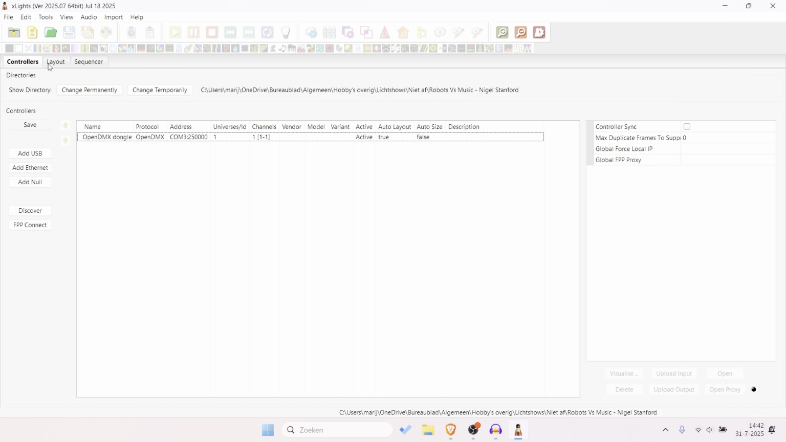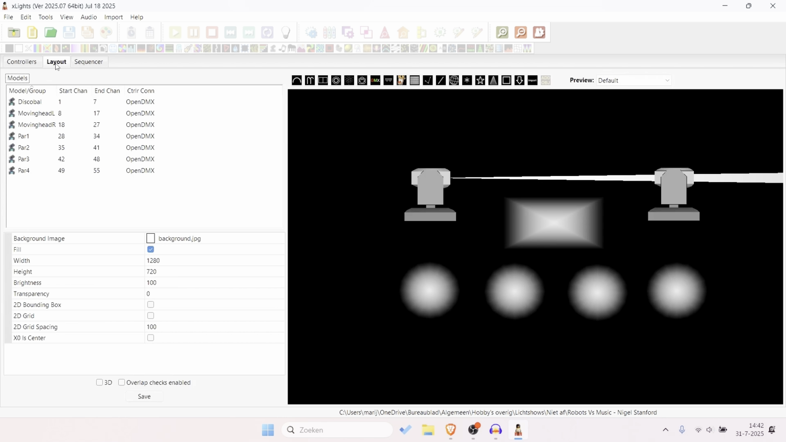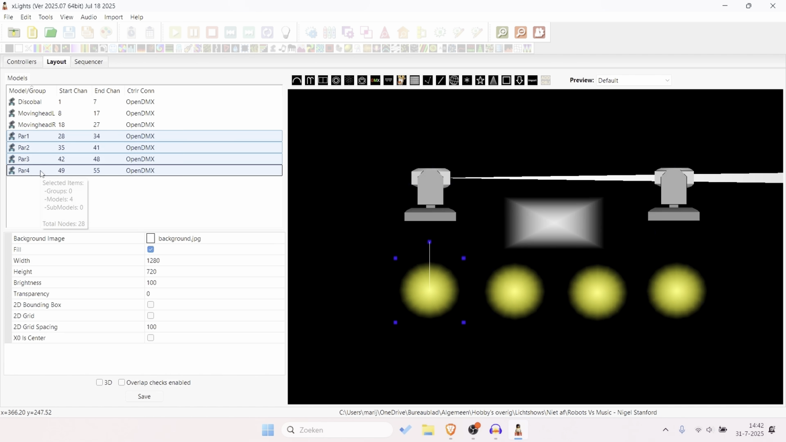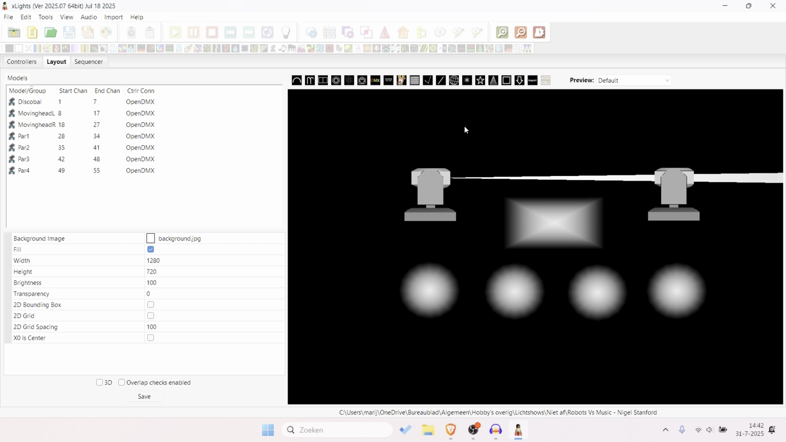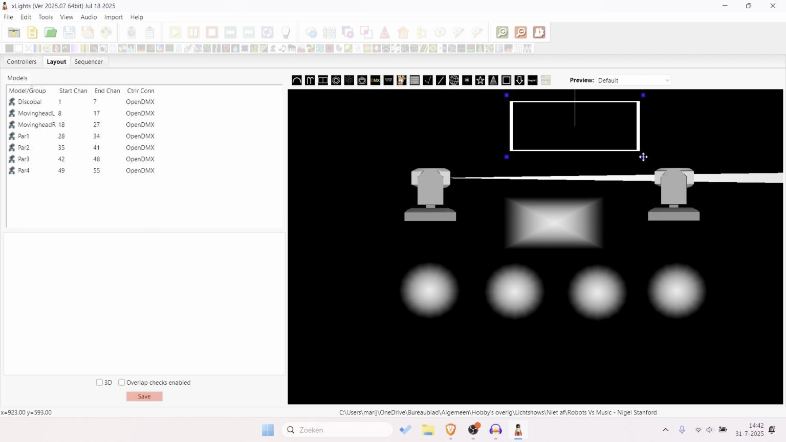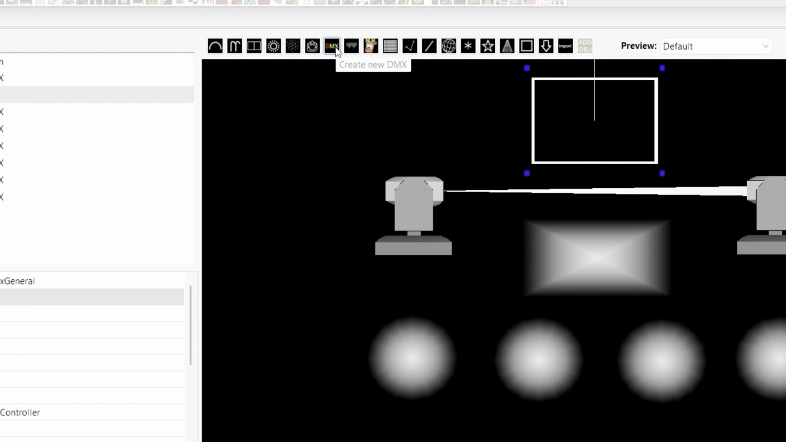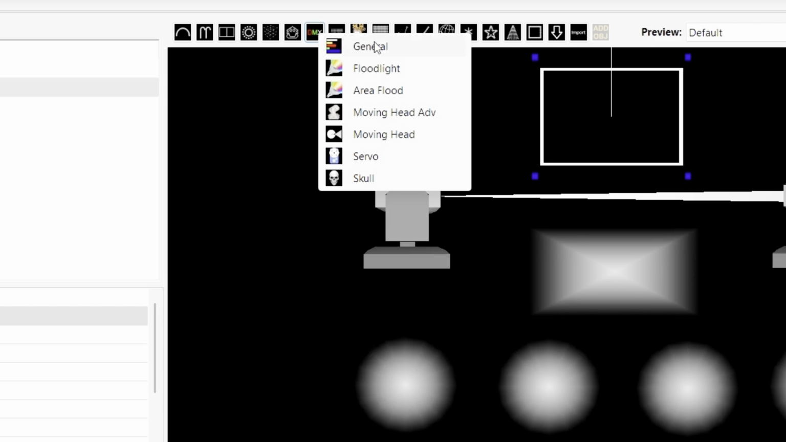I think it's time to go to the next tab, Layout. What you can do right here is set up all your devices. For example, the disco ball, the moving heads, and the 4 bars I have. We are adding a new light for this tutorial, which is just a DMX General. As you can see, we are here with the DMX button, and then we have a General, a flood light, an area flood, which are those two,